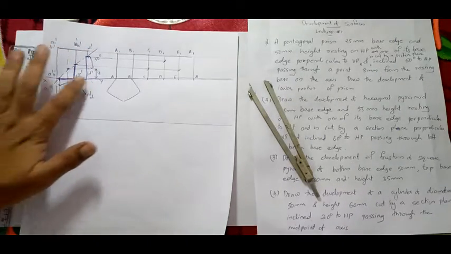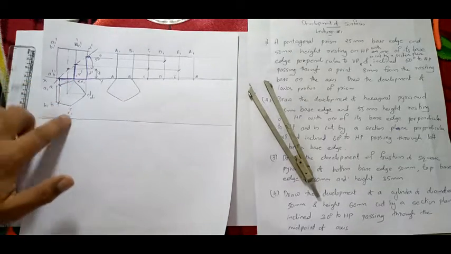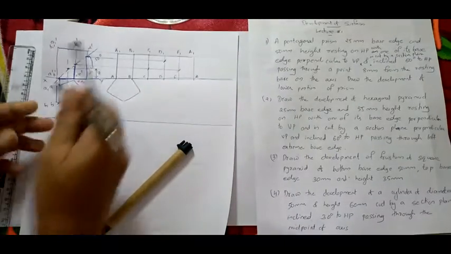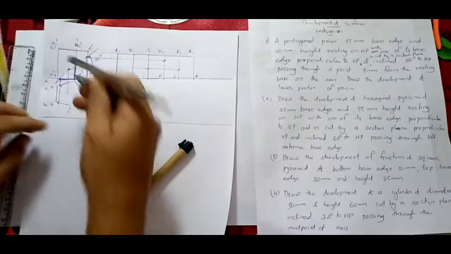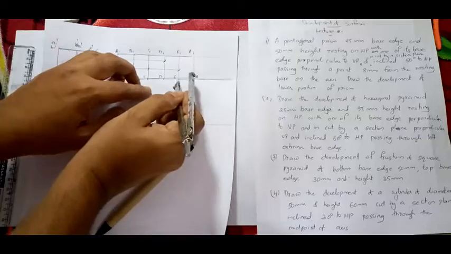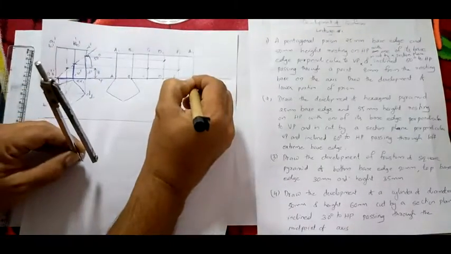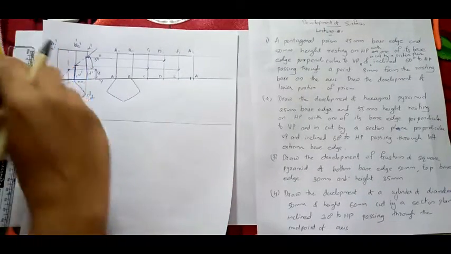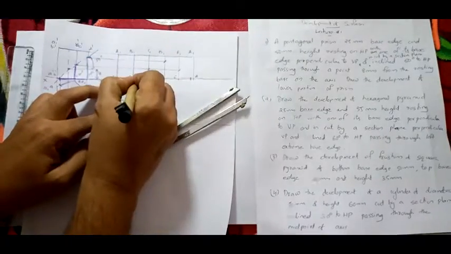So need not consider A1, E1 and B1, C1. Here our consideration is only A, E and B, C. So it is cutting on A, E and B, C. So what you are going to do is, see, take this distance. I'm taking the distance, that is E to A, right? So E to A, cut it here. It's the same distance I'm taking, cut it here. You will get E to A, right? Similarly, I'm taking C to B. C to B means from here I have to cut C to B.